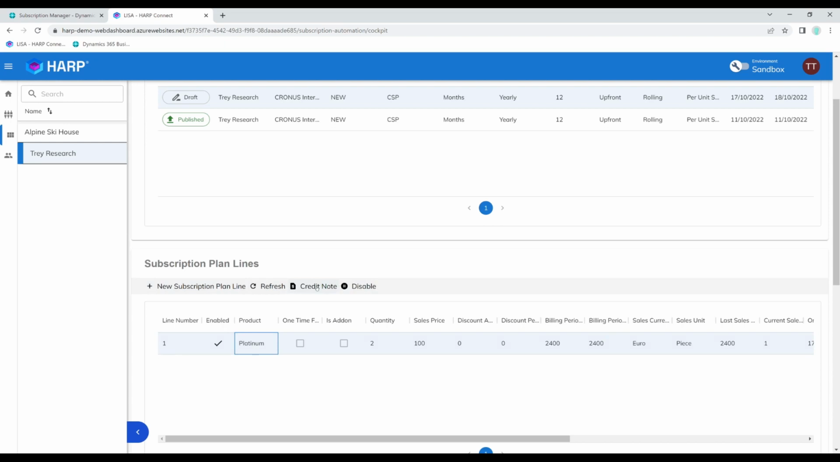Right? So, as you can see, the current value of this line is a sales price of 100 per unit multiplied by 2, which is the quantity, that gives us 200 multiplied by 12. This is a yearly subscription plan, as you can see up here, and that gives us a total billing period amount of 2,400 euros. Right, so if we were to click on credit note,